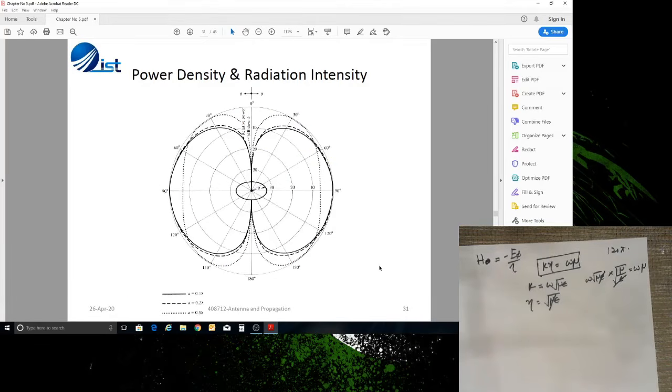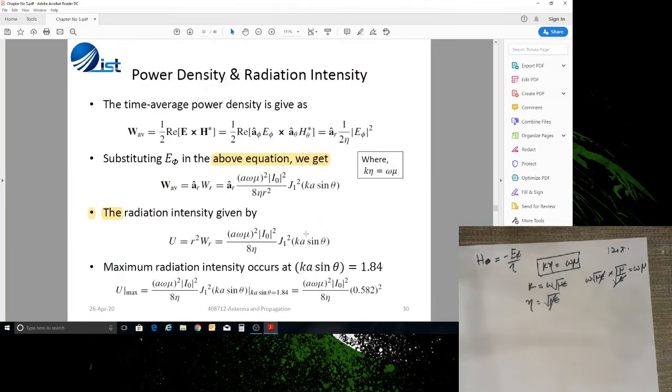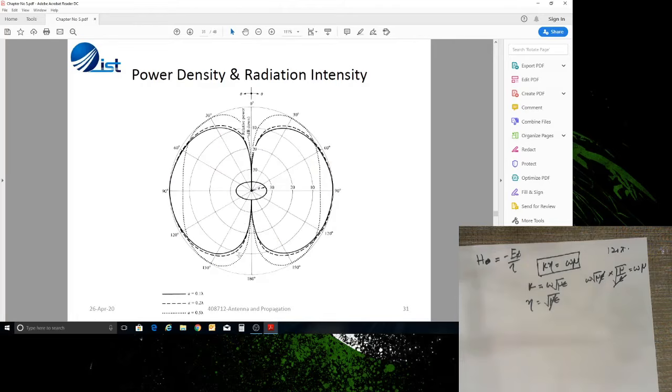So if we plot this radiation intensity for different values of a, here you can see the radiation intensity, it is in the form of a over here. Now as you see, if a is equal to 0.1 lambda, you can see the radiation pattern is just like a magnetic dipole. Okay, so you have a figure of 8 forming. But as your radius keeps increasing, if a is equal to 0.5 lambda, as we talked about last time, the radiation pattern that you have now